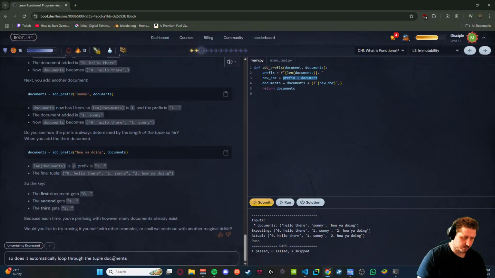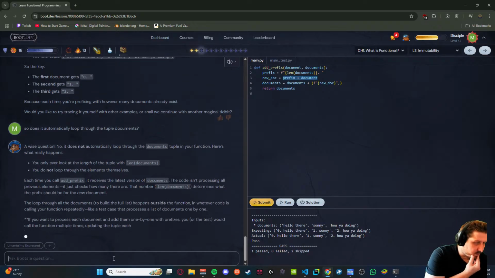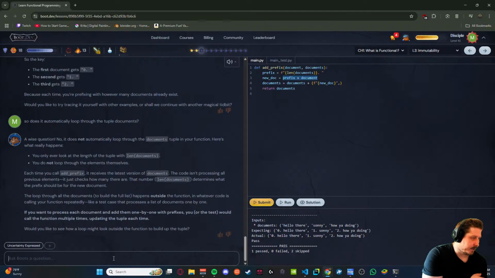Tuple documents. I'm not going to loop through documents. Here's what really happens. You only ever look at the length of the tuple with len(documents). You do not loop through the elements themselves. Each time you call add prefix,